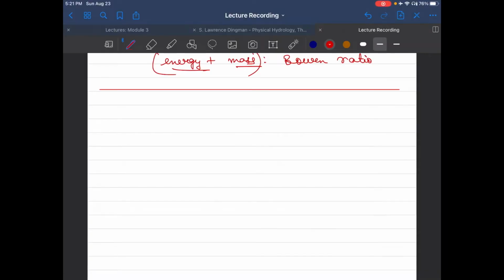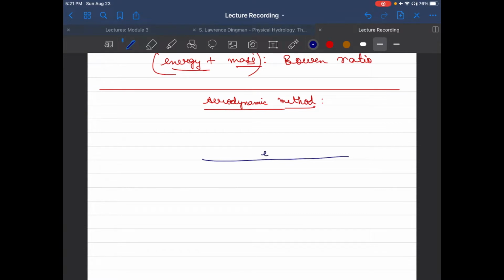Hello students, in this video we will review an important method that we call the aerodynamic method of estimation of evaporation, which will account for the potential present in air by virtue of the difference of vapor pressure. And to do that, let us consider a surface of water, and this surface of water is in contact